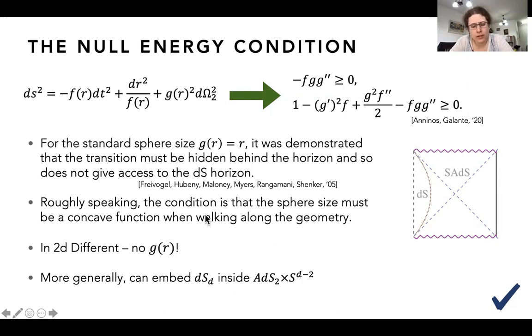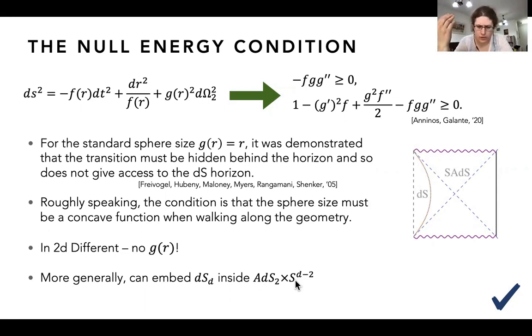But more generally, since the condition was actually that the size of the sphere would be a concave function, another thing that you can do, if you want to study the embedding of DSD inside an ADS space, is that you have the size of the sphere in the way it's usually changing in the CHEP-th, and then you would be gluing it not to ADS D, but to ADS2 cross SD minus 2, where you froze the size of the sphere. And in this way, you wouldn't violate the